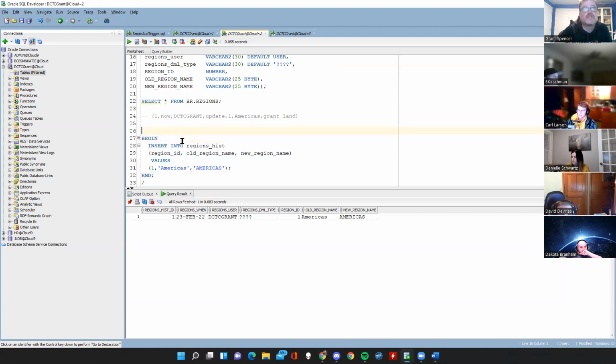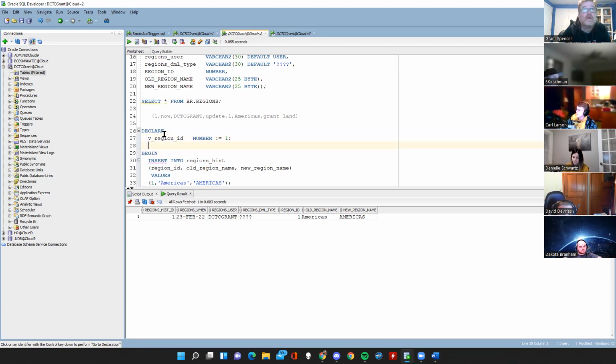Let's make ourselves a declaration section, because remember, we don't want to have these variables just being hard-coded in the executable section. So I'm going to go declare. I'm going to create myself a variable called vRegionID, which is a number, and it's assigned 1. We're going to go V for variable, by the way, old region name, which is going to be a varchar2, let's just say 30. That's my favorite thing to do. And I'm going to assign it this Americas thing in a minute. And then we're going to go v_new_region_name, which is also going to be a varchar2, 30. I'm going to assign it